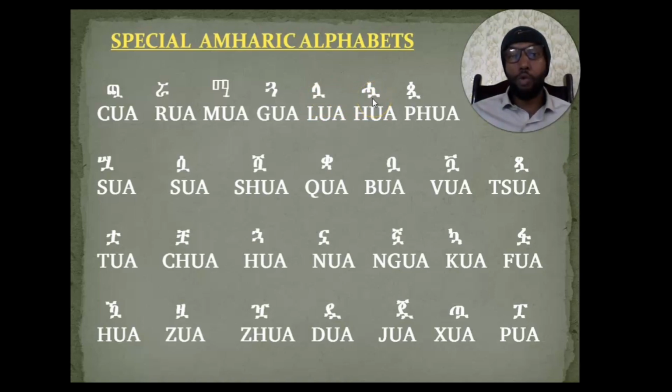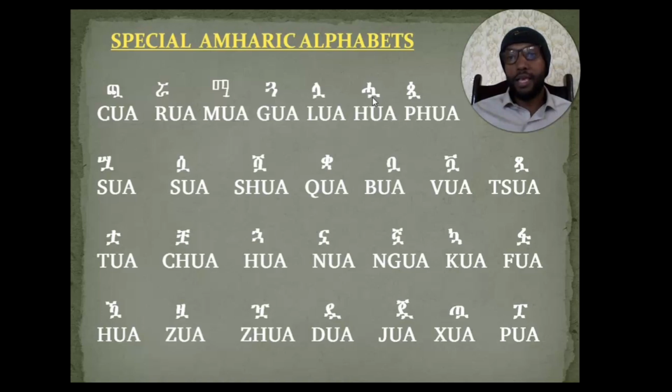And this alphabet called Kwa comes from the basic alphabet called Ha. We have said that there are two types of Ha from the 34 basic Amharic alphabet. The first one is Haleta Ha, whereas the third one is also Ha. Which Ha? Hamaruha. So this Kwa comes from that Hamaruha, okay?